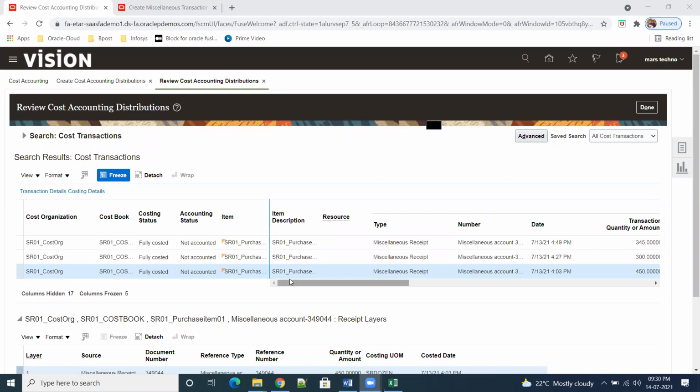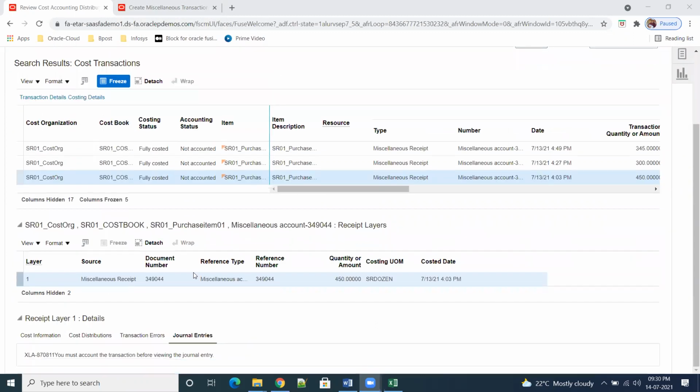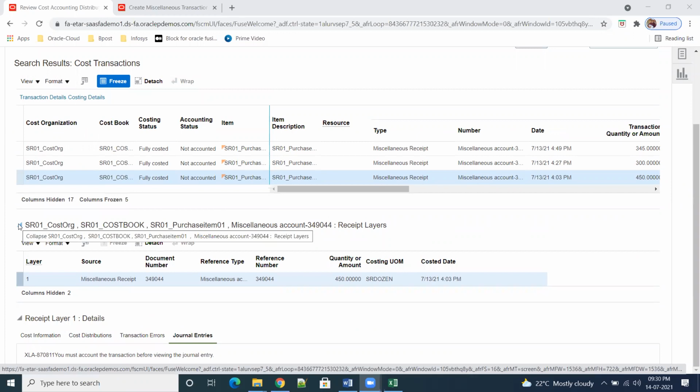Now I don't want to create one more transaction because it is already coming. If you want, you can do R&D on this costing for the inventory transaction. This is the basic; I have not touched even 5% of costing.